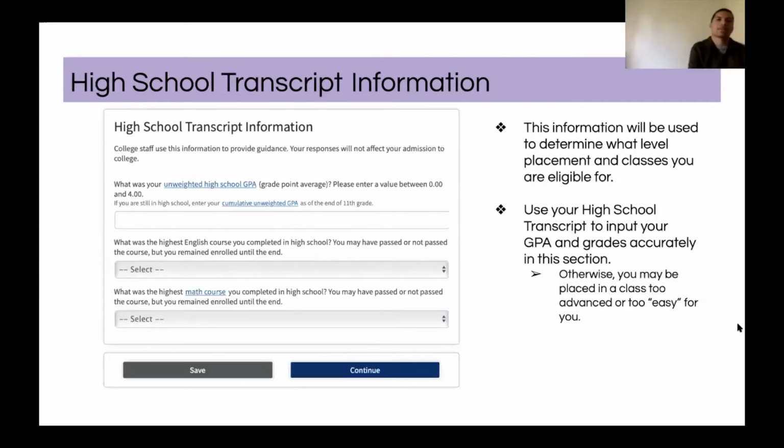High school transcript information. So here in this section, you're going to be asked what your GPA was in high school, unweighted. So it's very important for you to indicate that based on your transcript. And I also mentioned that this is very important because based on your classes that you will also be entering,